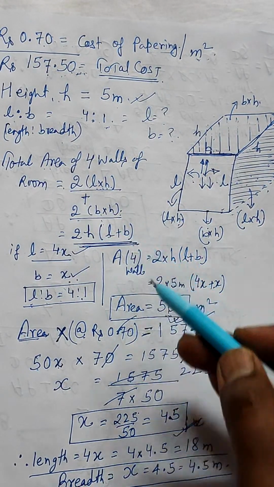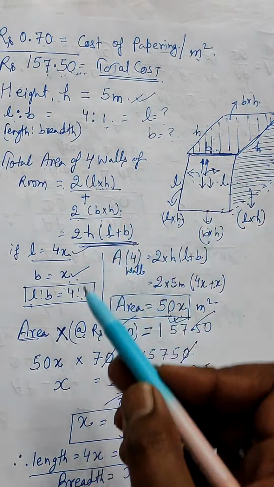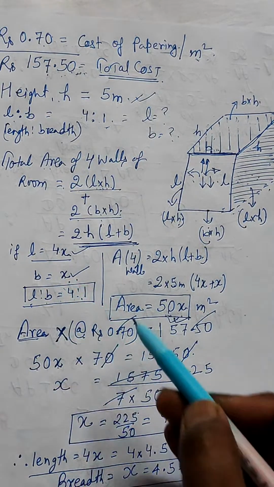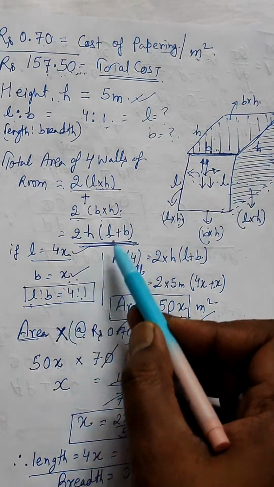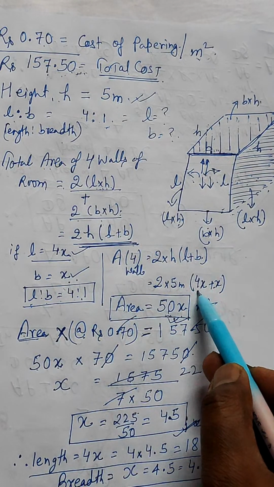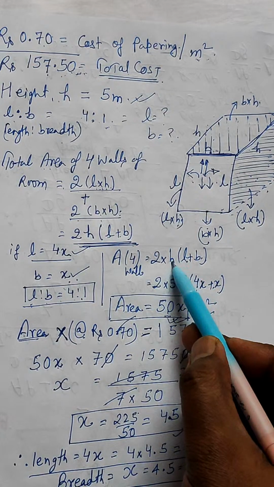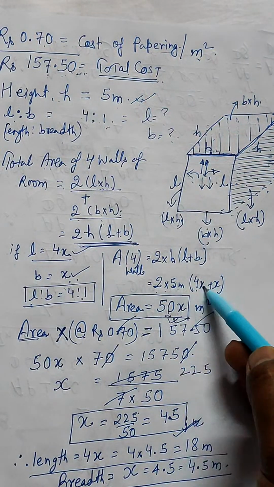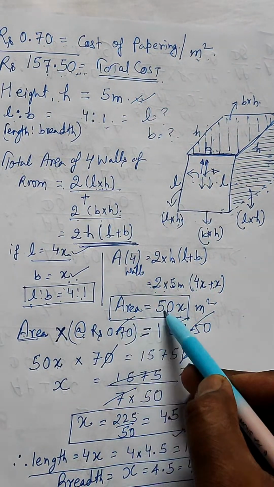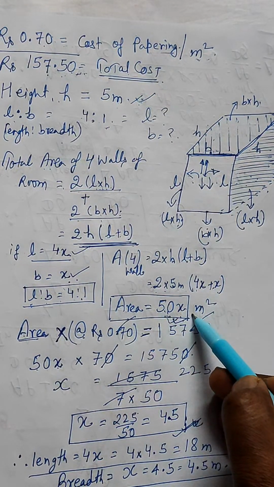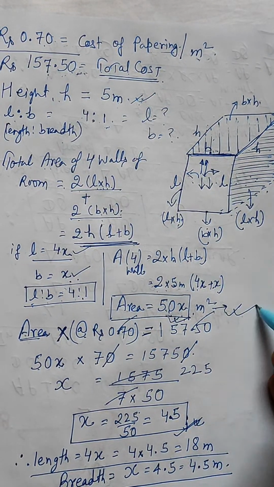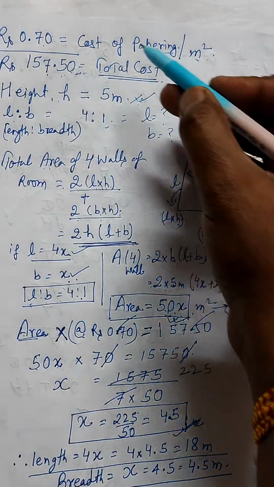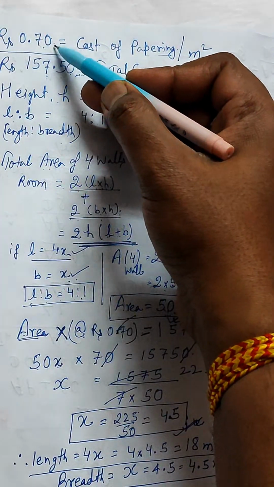So it will be 2 times H into L plus B. And if L and B are in the ratio of 4 is to 1, then L will be 4x and B will be x, right? So put this value, you will get L plus B as 5x. So 4x plus x, 5x. And the value of h is 5 meter. You can see over here. So putting the value, you get the area of the four walls as 50x meter square. This one, 50x, right? Now, this complete area will be multiplied by the unit cost, that is rupees 0.70 per meter